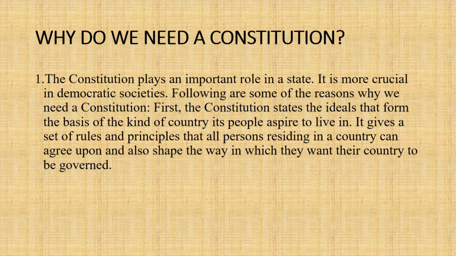Or who will take the final decision? The king. So monarchy is a form of government in which final authority rested with the king. It is known as monarchy. But democracy is a form of government in which we choose our leaders. People will elect their leaders so that they can exercise power responsibly on our behalf.